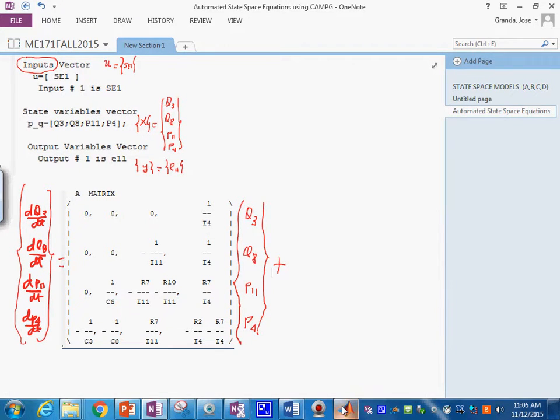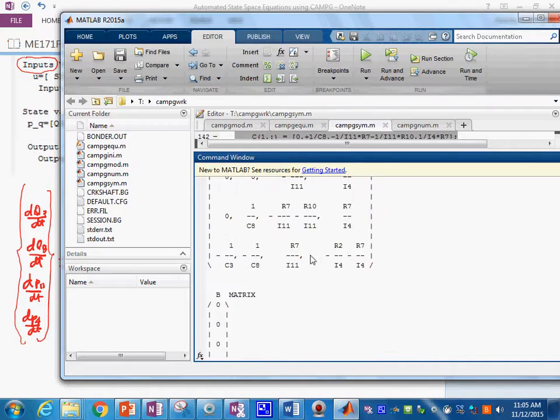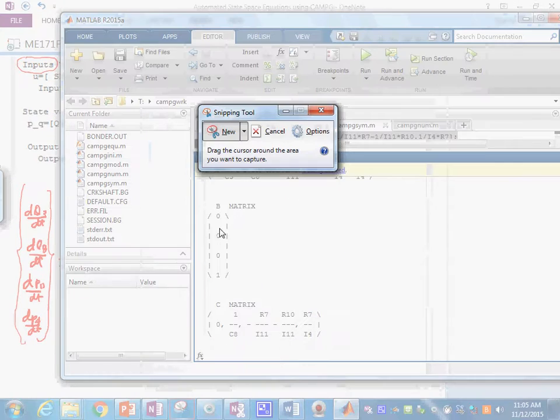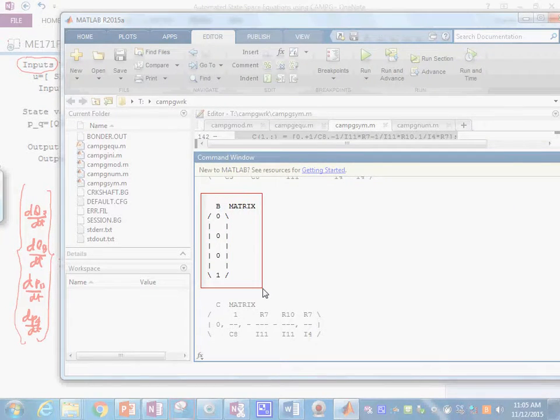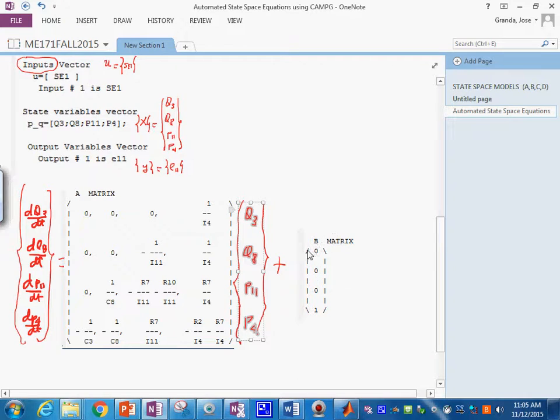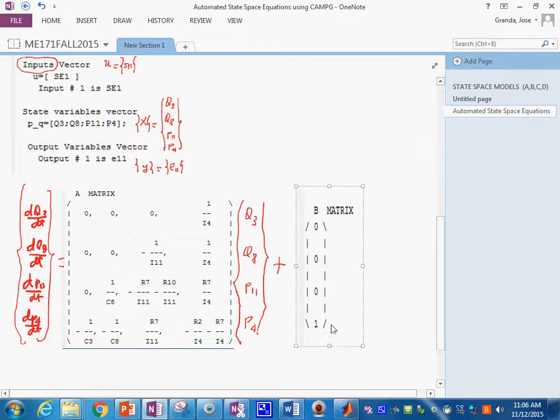So let's go to the MATLAB side in here. And do you see the B matrix right there? B matrix should be, we do the same thing as we did with the A. Let's just take it from here, and we will move it to the OneNote over here. There we go. But in this case, we need to make it a little bigger so that it would coincide with our, like that. So this is the matrix B,